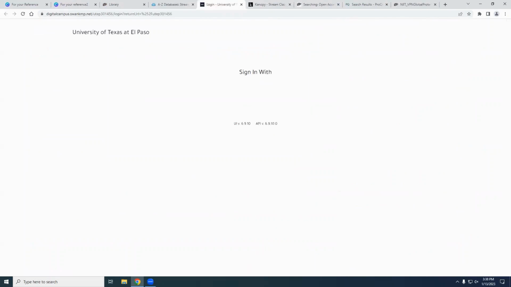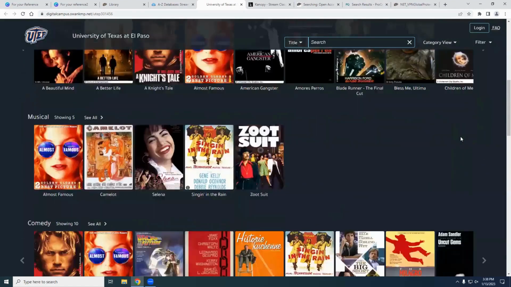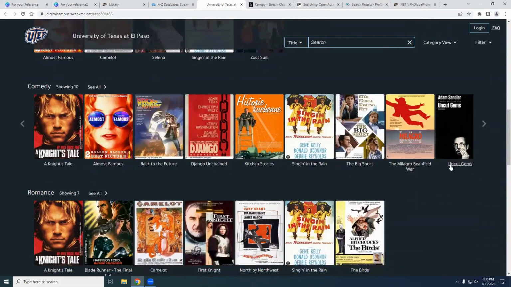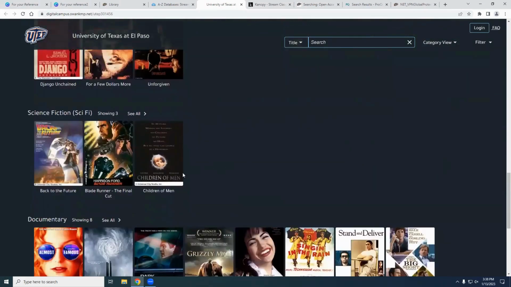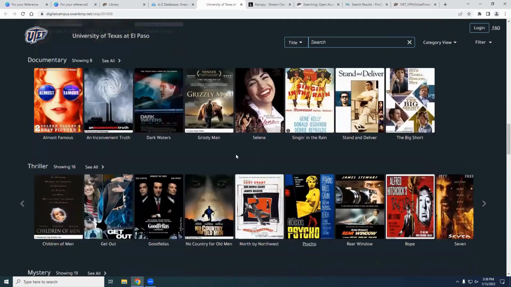And here I have access to blockbuster films, you know? So it's Netflix or Library and Chill. It's no longer Netflix and Chill, right? It's Library and Chill. And so there's Indiana Jones, Training Day, Selena, Almost Famous. These are really good blockbuster films that you have access to that you're paying for with your tuition. So check them out, see what's there. It's always worthwhile to explore. Who wouldn't love to have a movie night with Back to the Future, right? That's pretty awesome. So definitely check it out, see what's there.